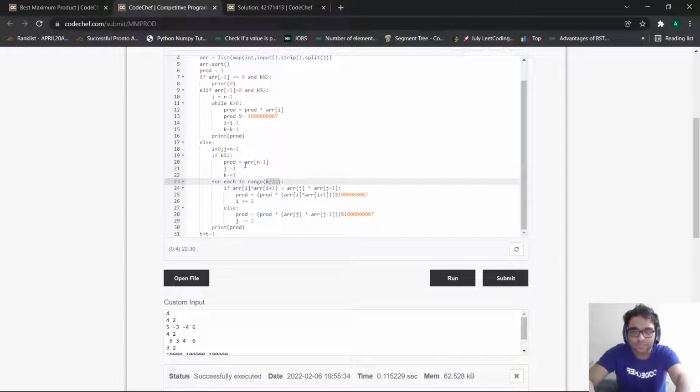since my k will be an even number, because if k was odd, we reduced it by considering one element, we simply take the following. So we just check the product for the particular array. So if my array of i into array of i plus 1, which is considering the first two negative numbers, and my array of j into array of j minus 1, which is considering my two positive numbers, whichever out of them two is maximum,